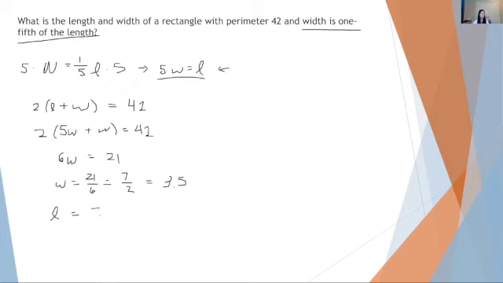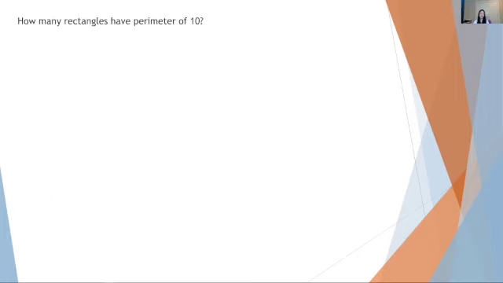To get the length, we need to use this equation here. So 5 times the width, or 3.5. And multiplying that, we get 17.5. Any questions? Okay, moving on. How many rectangles have a perimeter of